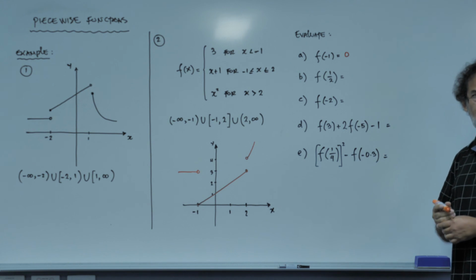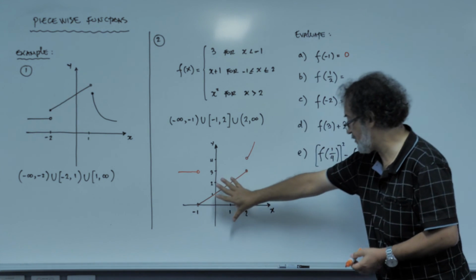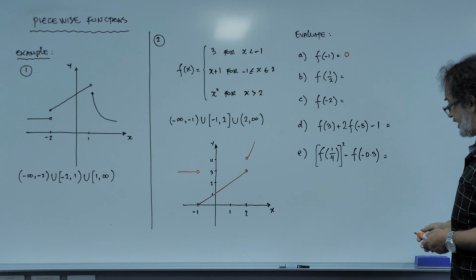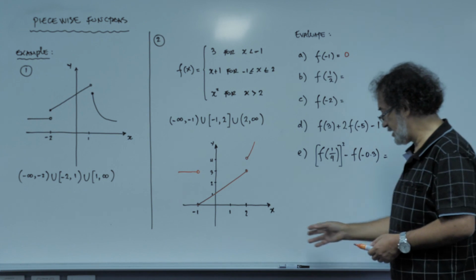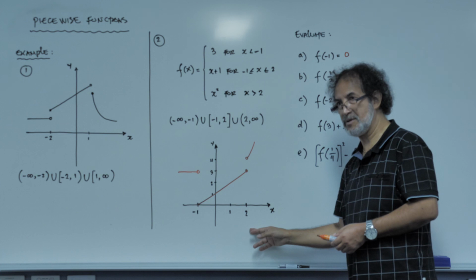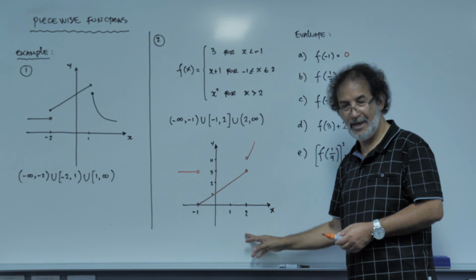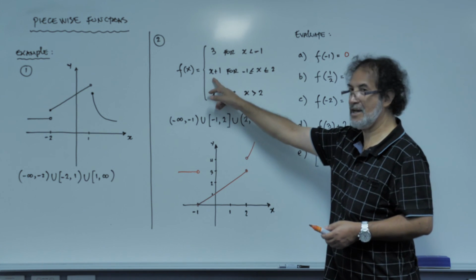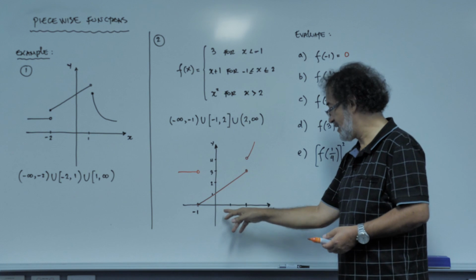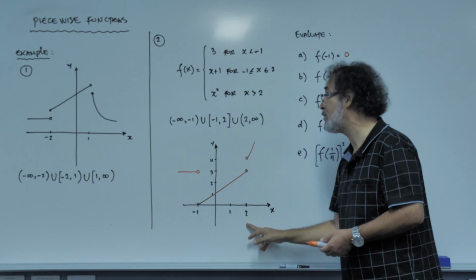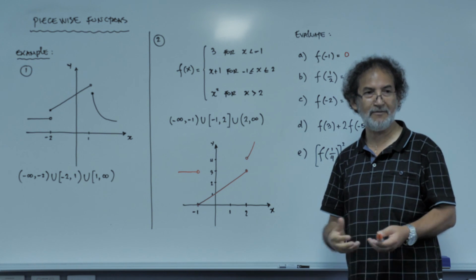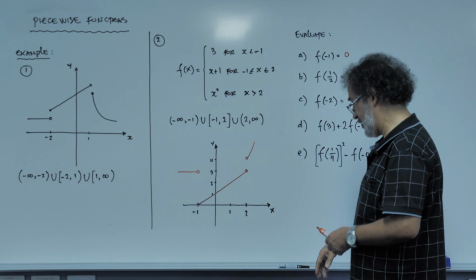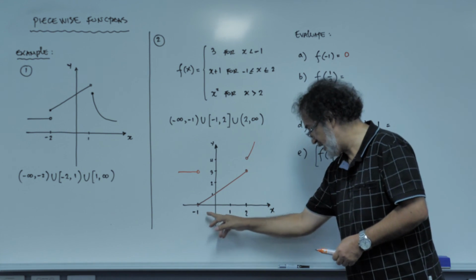So are we doing this from that graph? Yeah, we're doing this from here. And then f at positive half: can you see that positive half is in this interval? We're still using the middle one. The middle one says, this is the recipe: if you are using any number between -1 and 2, please use that one. Functions are very, very polite. They say, please, if you are taking a number from -1 to 2,